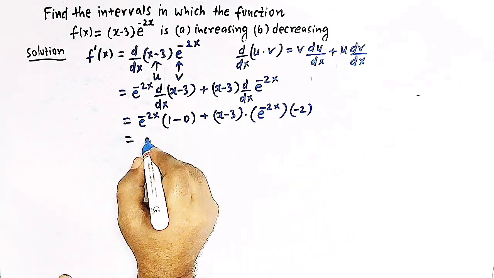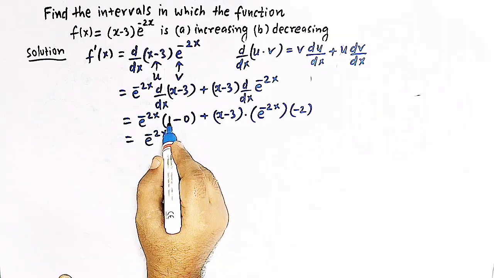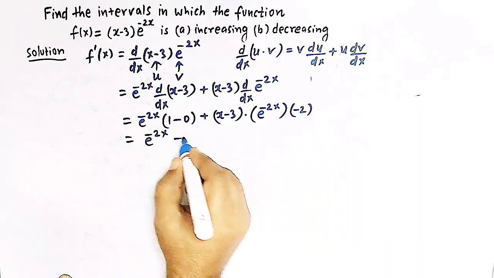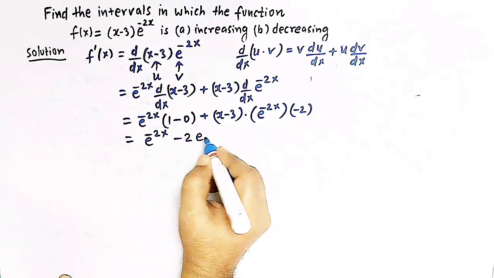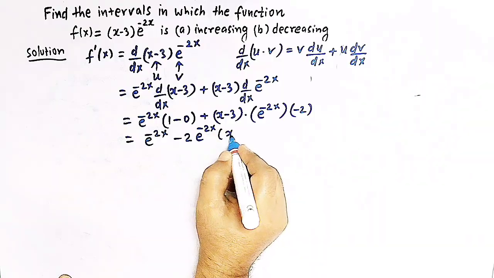So here we have now simply e raised to minus 2x times 1 is e raised to minus 2x, and here we have minus 2 times e raised to minus 2x, and then we have x